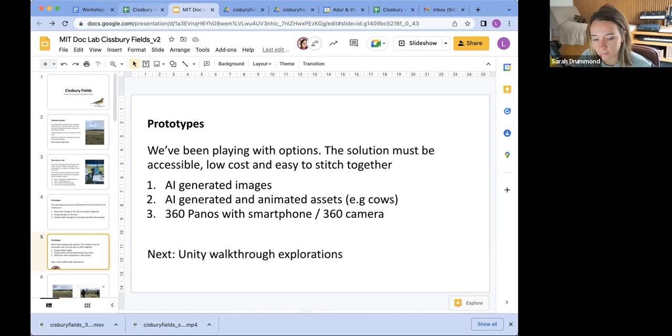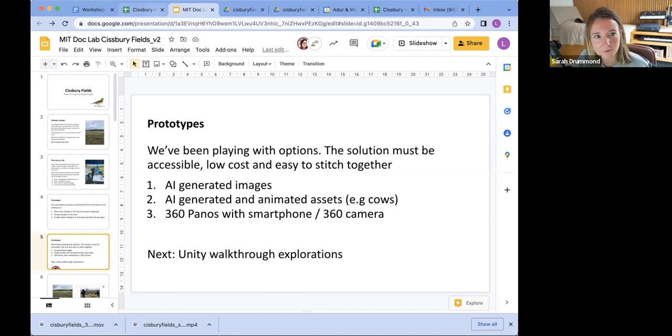So what Lucy and I have been really interested in is producing a bunch of prototypes that don't jump straight into virtual reality platforms like Unity just yet, and thinking of really low cost stitched together tools that can help people imaginate different futures. Imaginate, that's a new word for you today. So one of the things we've been doing is playing a bit with AI actually,